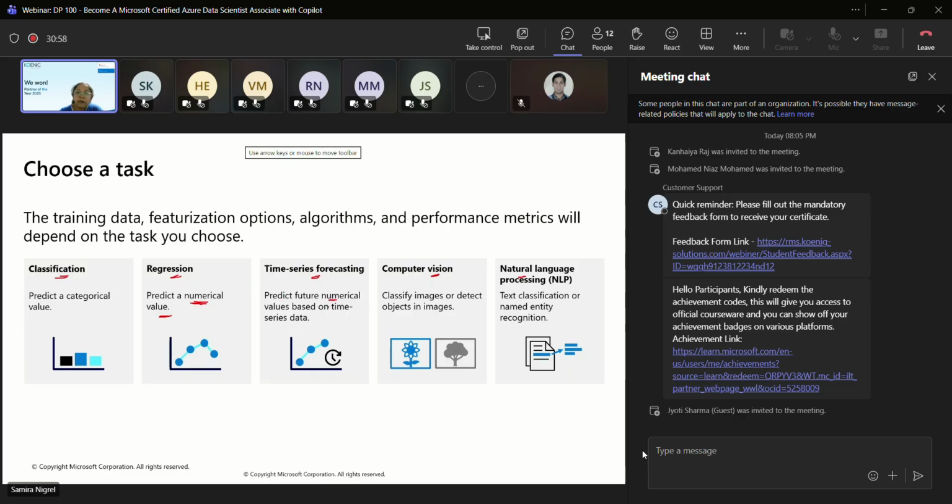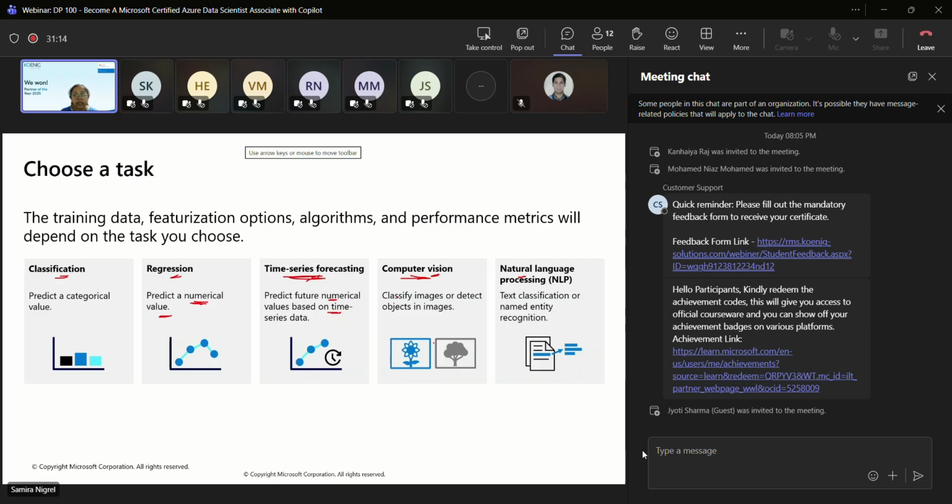What if you are trying to predict a numerical value but based on time data, and it is going to be in the future, like stock price prediction? That is time series forecasting. Computer vision works with images.